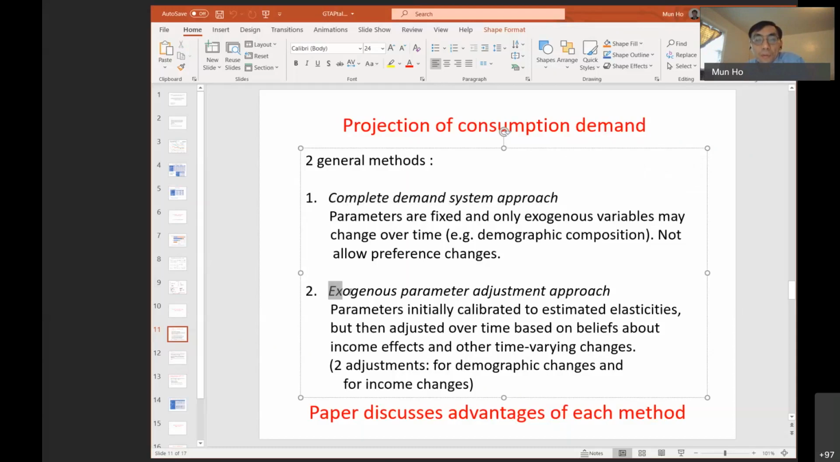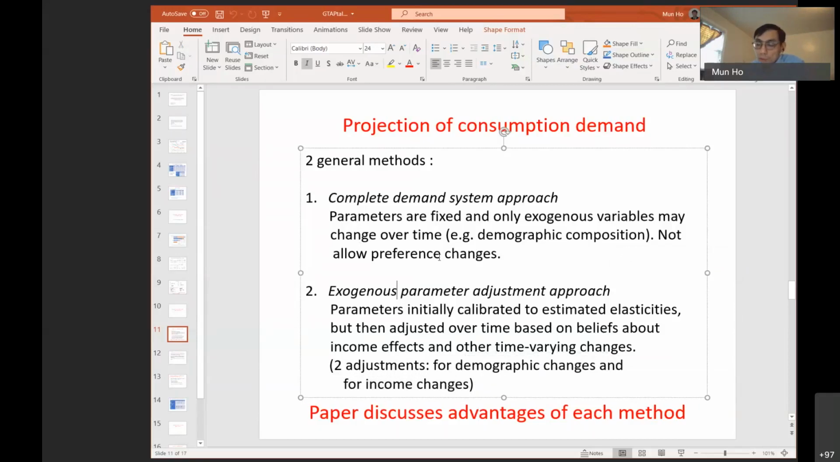The other method is to exogenously adjust the share parameters or the elasticities. We should distinguish 2 types of adjustments that people may make. One is just to account for demographics, and one is to account for the income effects, like, for example, the gasoline example that I mentioned. So the paper then goes into some detail about the difficulties of each method. So let me just quickly mention